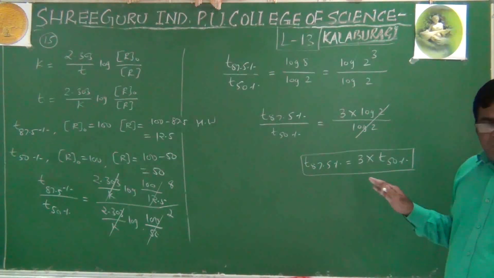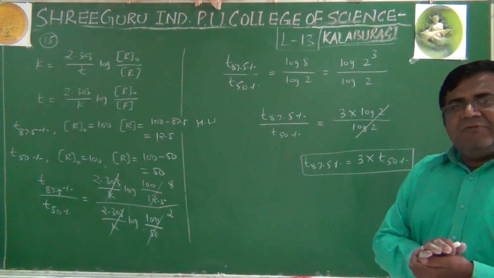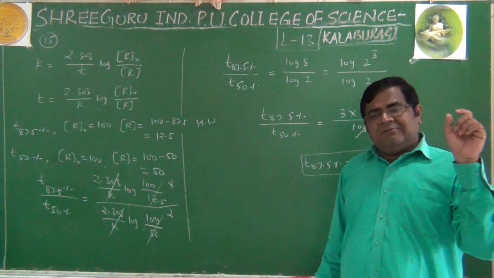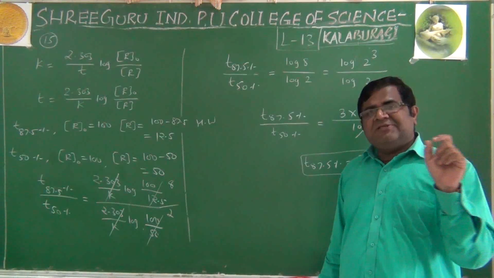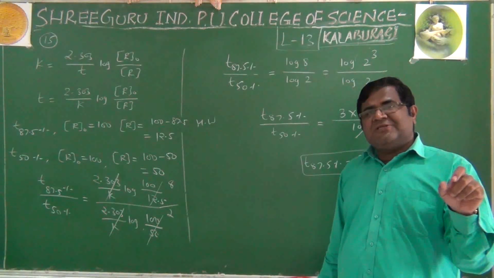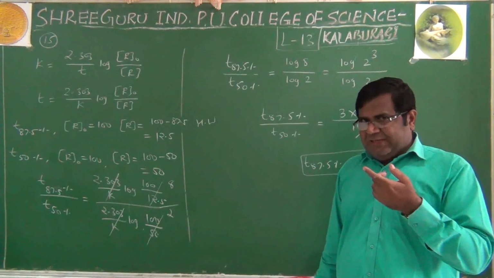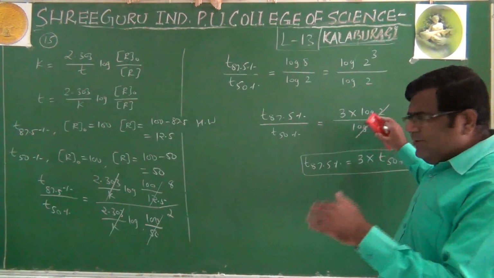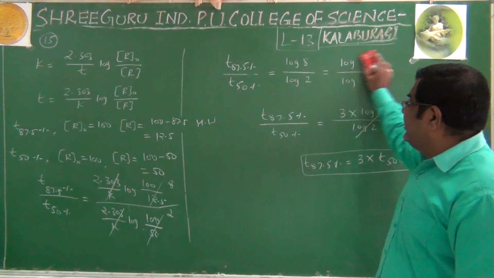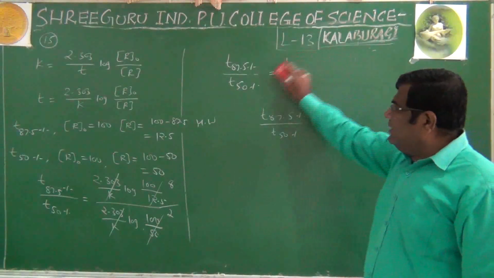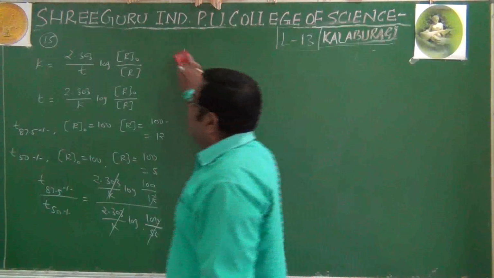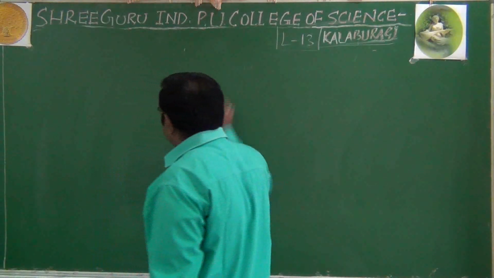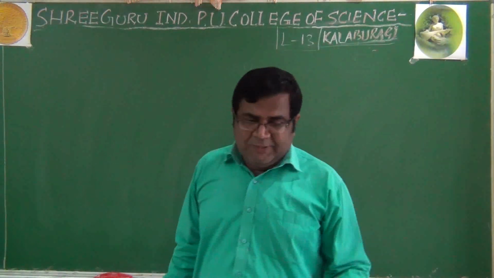So this type of questions, they are very simple. One more important type is: time for 40% completion is 50 minutes, time for 60% is how much. We have done one question like that. You have to practice that by just considering different numbers. All these questions, one by one format, we are looking into, and they are important questions. We can solve them if we have practice. Otherwise, these questions seem to be very difficult if we do not have practice.